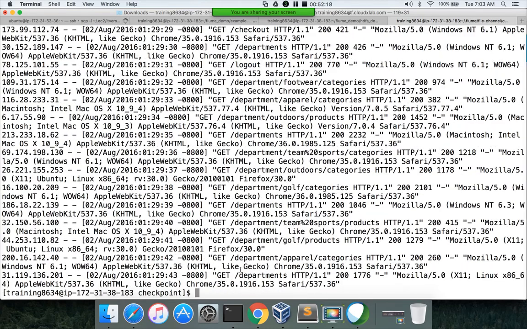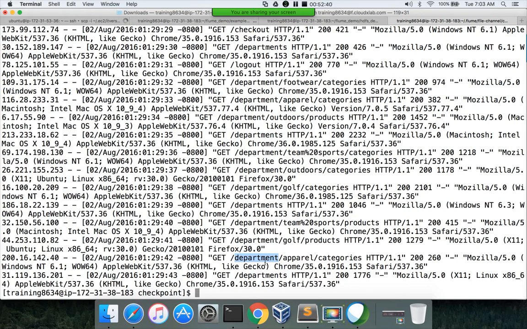So these are all REST responses, and you have to parse through these messages to make some sense out of it. Okay, if you see here, it is saying there is a transaction on department apparel.